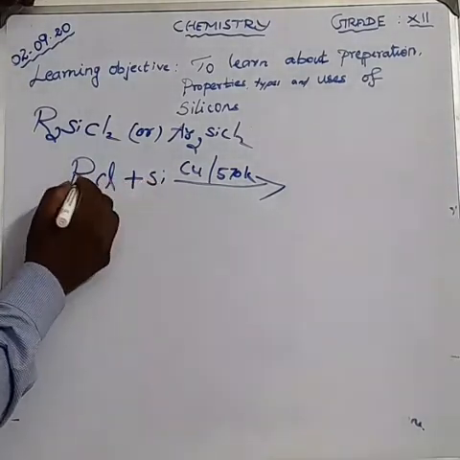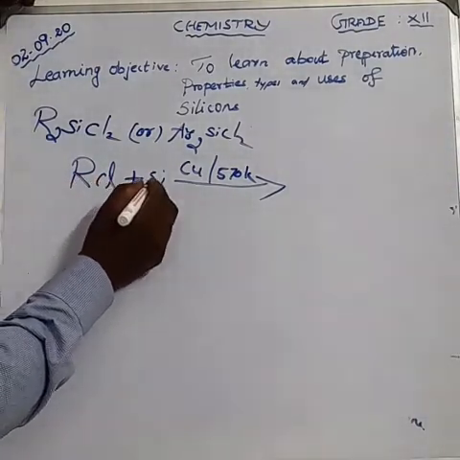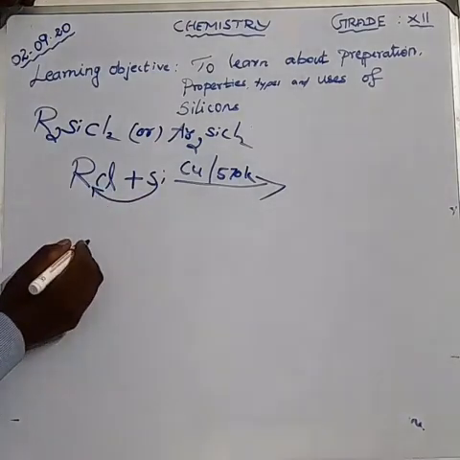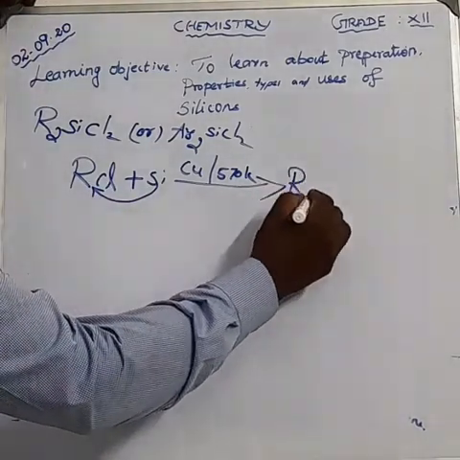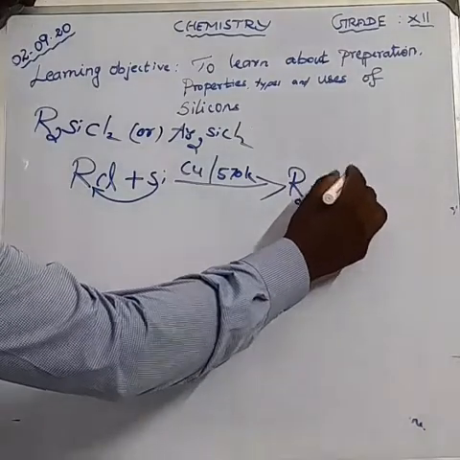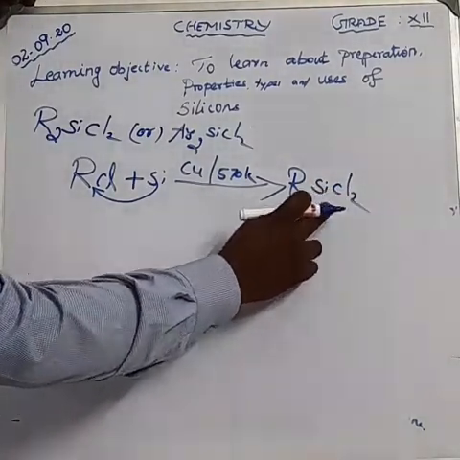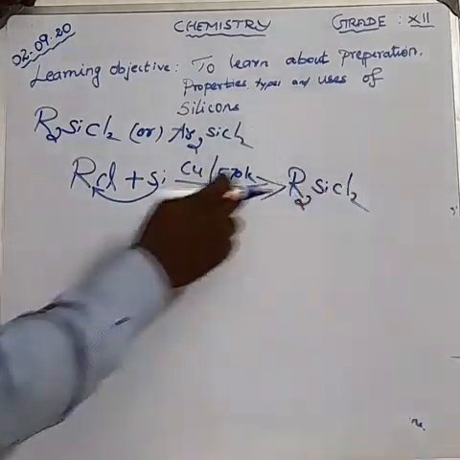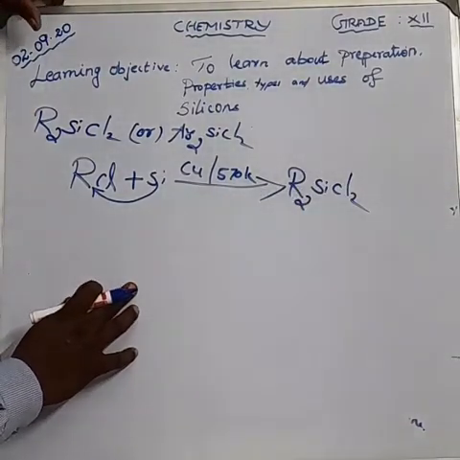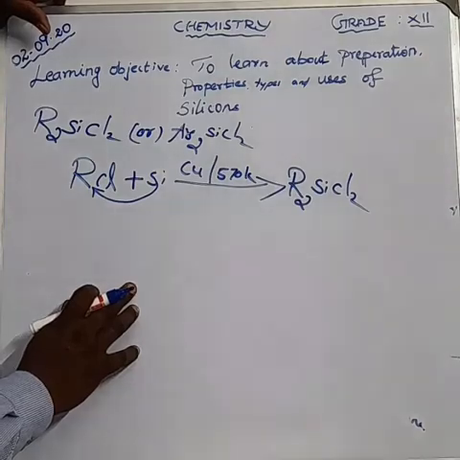Here, R2Si. This Si will come and attach to the center. We get R2SiCl2, dialkyl dichlorosilane. This is the first equation. Got it? The second one is the hydrolysis of